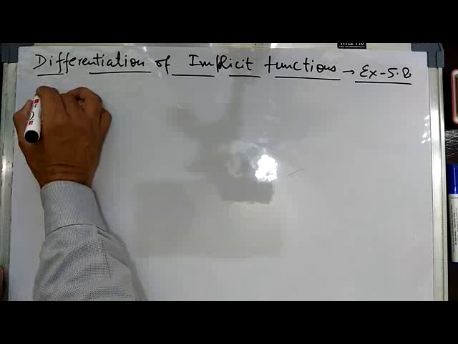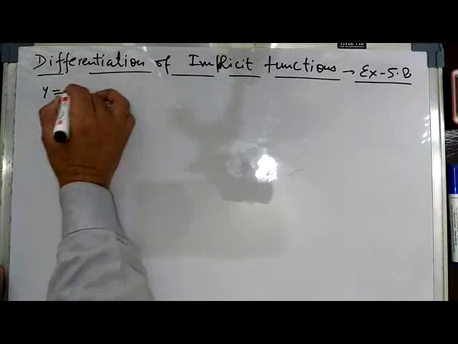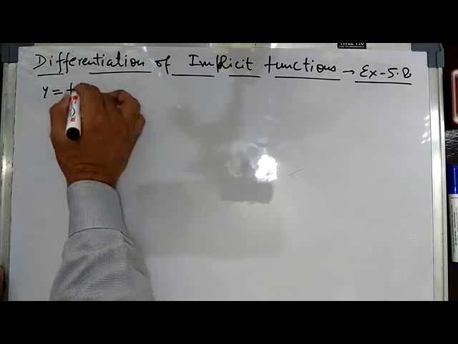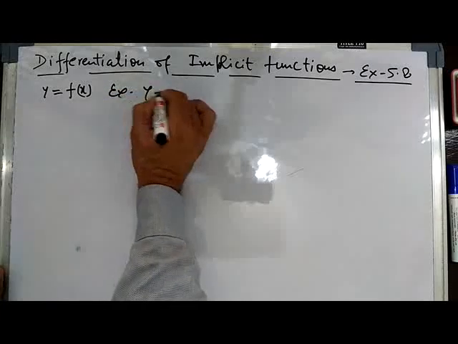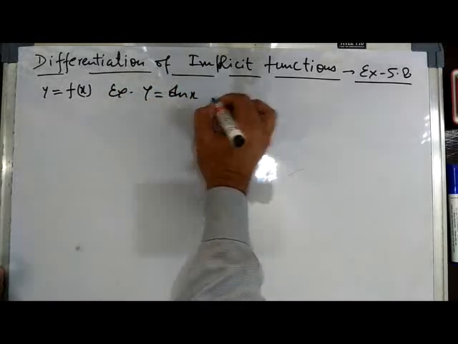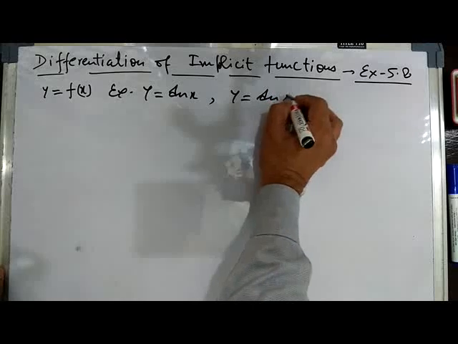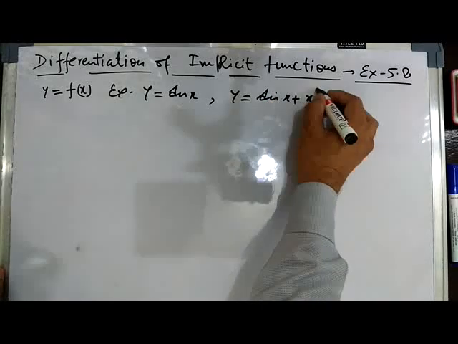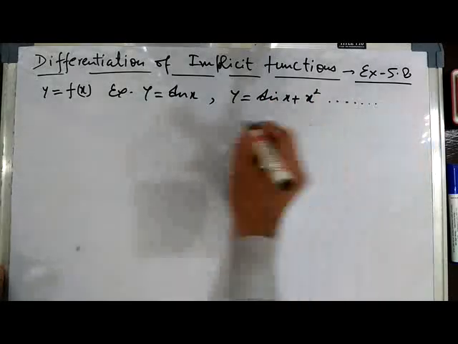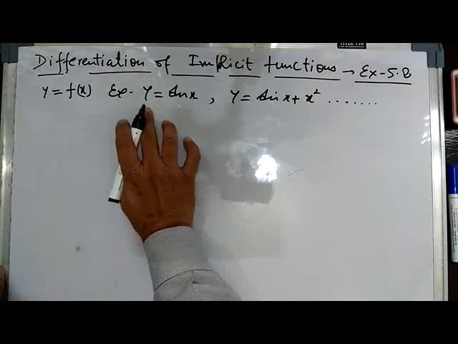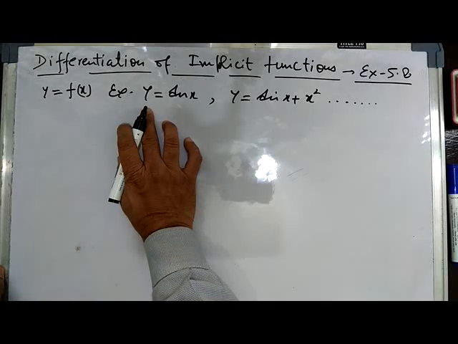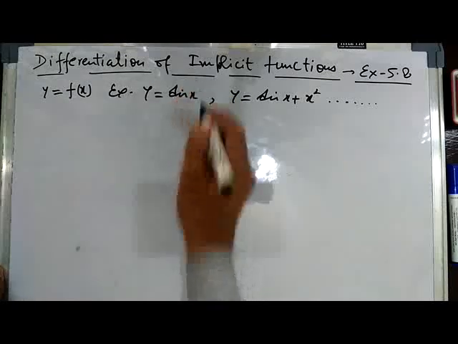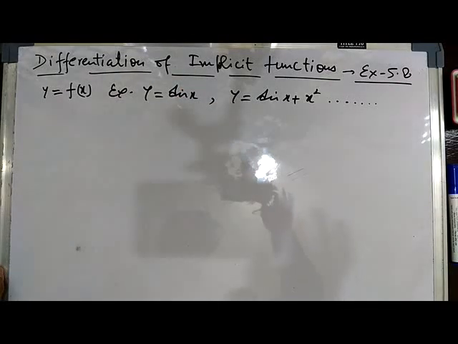Till exercise 5.7, it was clearly distinguishable that y was a function of x. For example, y was sine x, y was sine x plus x square. So it was clearly distinguishable that y is a function of the independent variable x. In that case now,